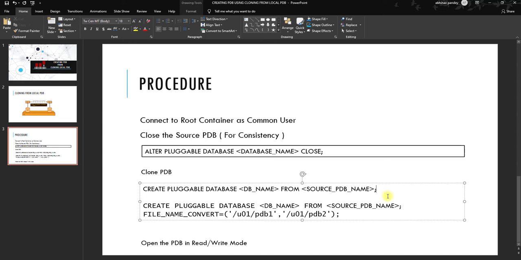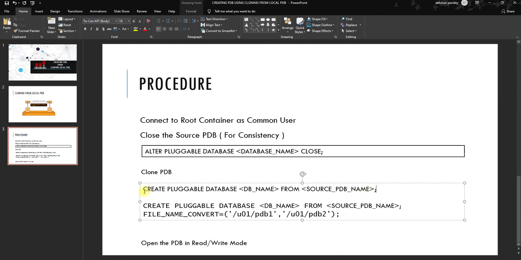To verify whether OMF is set up, check show parameter db_create_file_dest. If the field is empty, OMF is not set up. If the field has something, say /aura data or any specific folder, then OMF has been set up, and you don't need to worry about it.